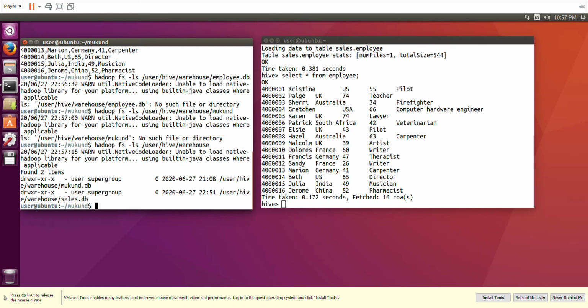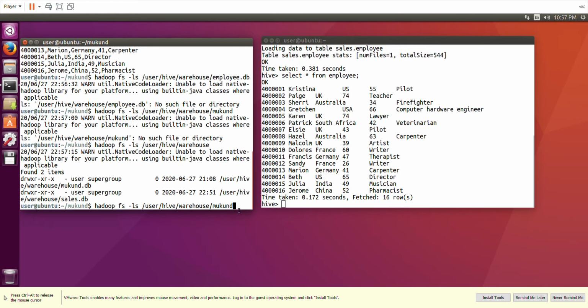Always remember this part: if we are specifying the name of the database here, you have to put .db always. If you are not putting it, here we have said Mukund only, so this one will recognize what Mukund is, but this one is not going to recognize it. So it is adding .db to each of the databases that are created.